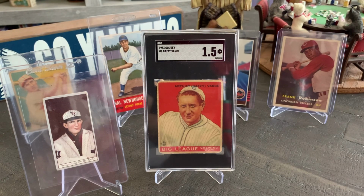But as fate would have it, Vance dominated and the rest was history. At the age of 31, he dominated for 11 years and won 187 games throughout those years. He led the league in strikeouts for 7 consecutive seasons. But 1924 was where it all came together for a storybook year, where he won the Triple Crown